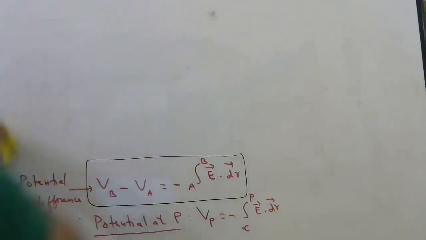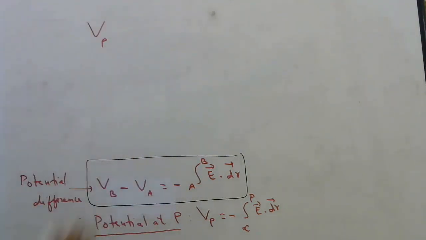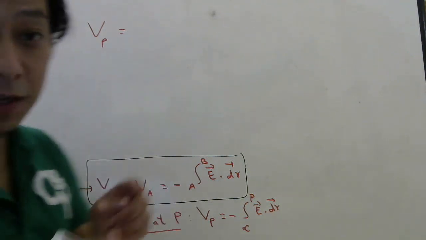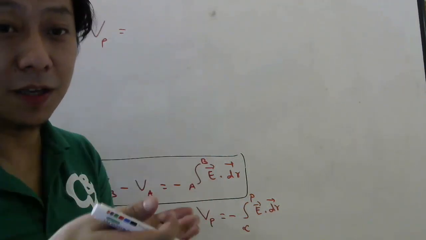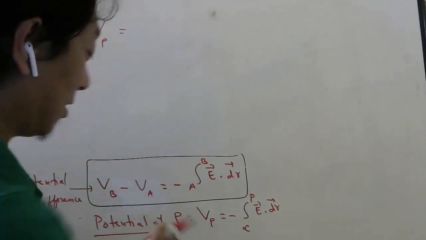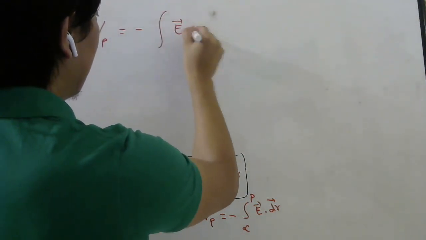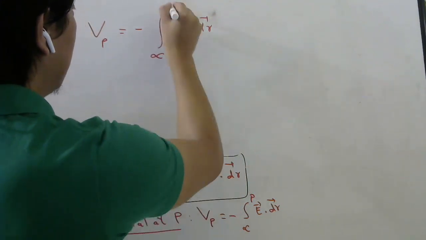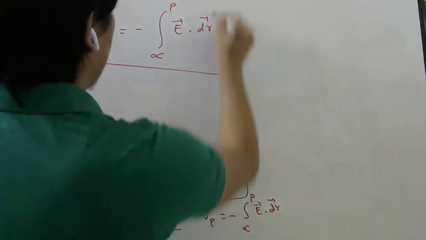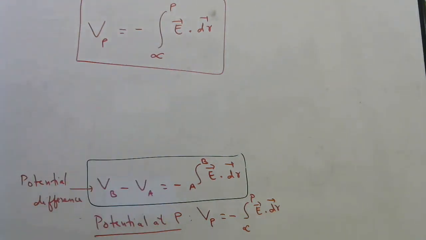Okay. So you must write down these things. Let me write it here on top once nicely. Potential at any point can be written in terms of electric field. See, in board syllabus we wrote E in terms of V as E equal to minus dV by dx. But now you want to write potential. So potential will be minus integral E dot dr from infinity to some point P. Wherever you want potential, up to that point you have to come. Okay, students, fine. And potential difference is this. That depends whether you want potential or you want potential difference.